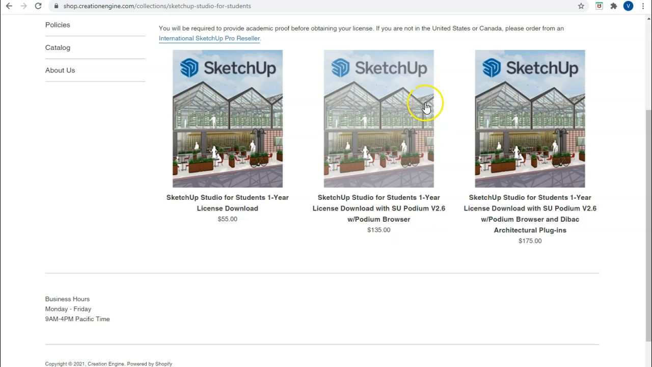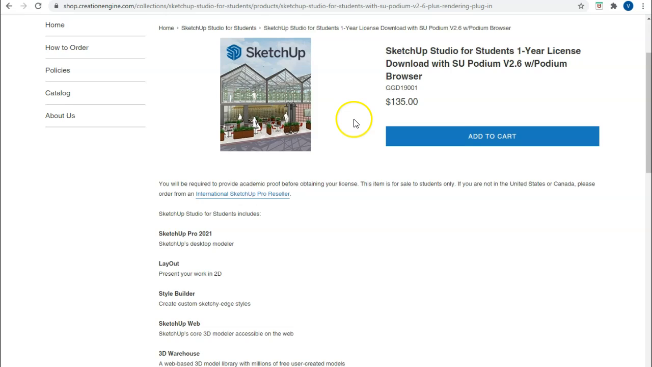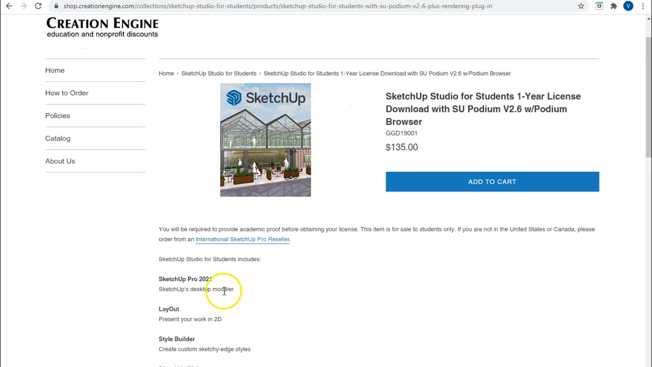So this is the version, if you can afford it, it's $135. This is the one that I would recommend because it'll have everything that you need and you'll have it for the whole year. So if you want to take SketchUp 2 in the fall, which I recommend as well, that's a good option, okay? So if you pick on that, it'll bring you to this page here,